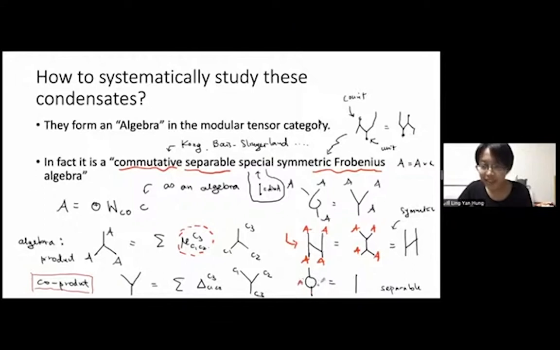So A is now part of the vacuum and then annihilated again, but this is like doing nothing. And so it is like nothing happened. So this is another consistency condition, very natural, that you want to put onto your condensate. And this condition is called separable. So again, you can see that every single word here just corresponds to one extra constraint that you put into your theory,